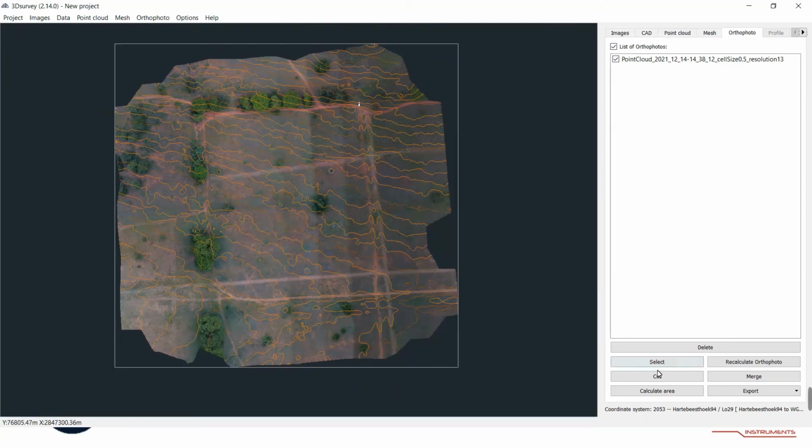Alright, and then this is it. So this was a basic walkthrough, and we can now export all the data and then represent and send it to our client. If you would like to cut your area a bit more, you can do so using the cut function,